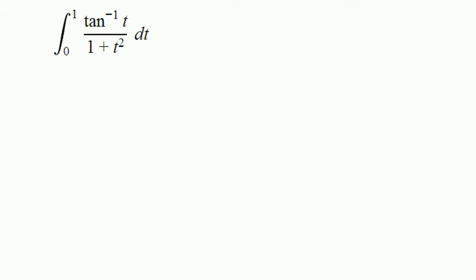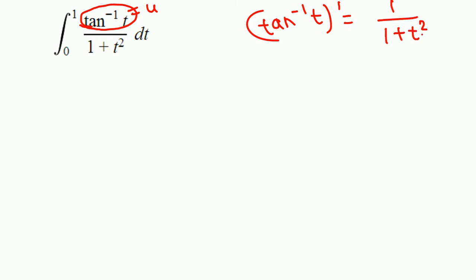Let's say inverse tangent t, the whole thing, is u. Then we have left 1 over 1 plus t square dt. So what is the derivative of inverse tangent? That's 1 over 1 plus t square. That's exactly what we have here: 1 over 1 plus t square dt. So we need to assume the top is u. Okay, so let u be the top,